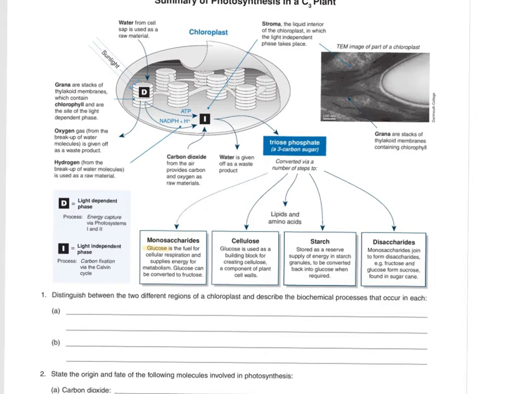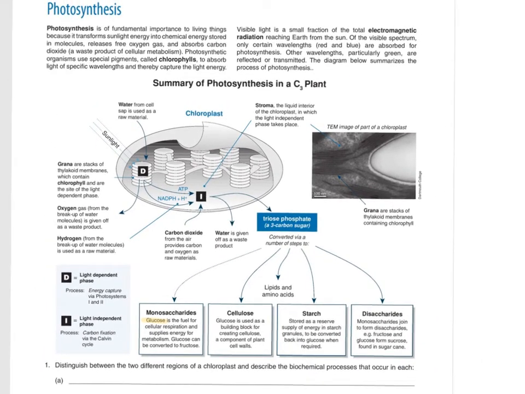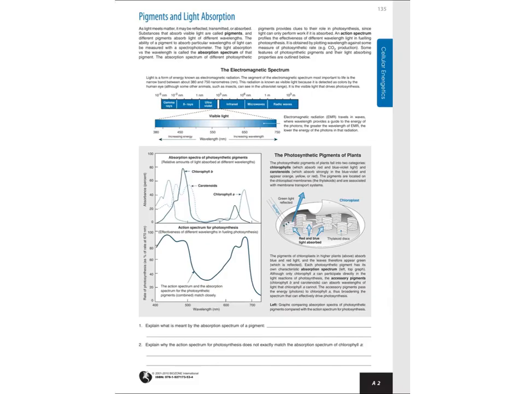All right, so this is a really great summary of C3 photosynthesis. This is important. This is a 3 carbon sugar, right? A 3 carbon sugar, so we call this C3. Does that make sense? Yeah, so this is easy. This is C3 photosynthesis. We've gone over it. This is the easy one. This is C4 photosynthesis.